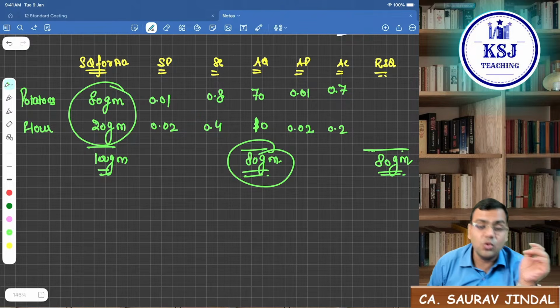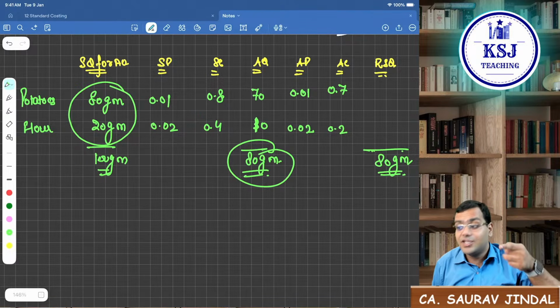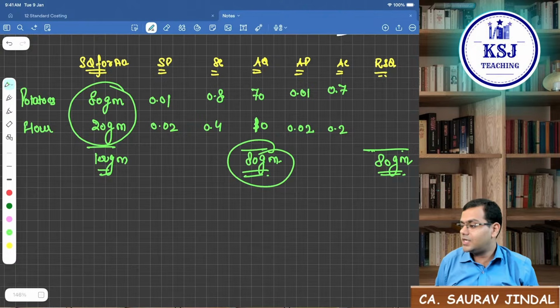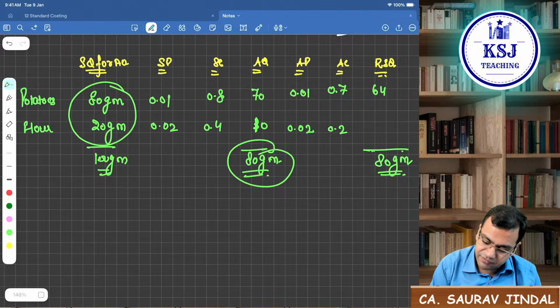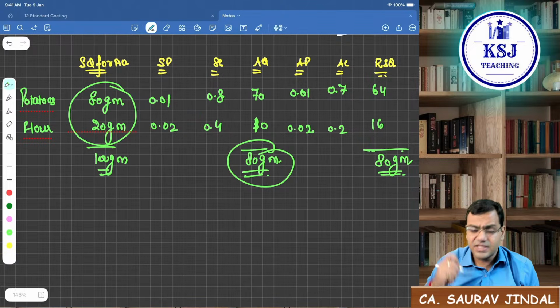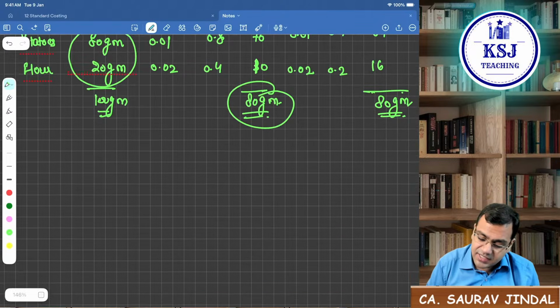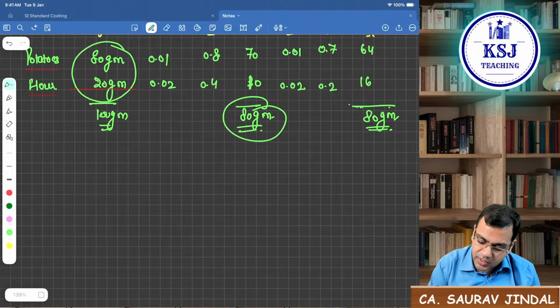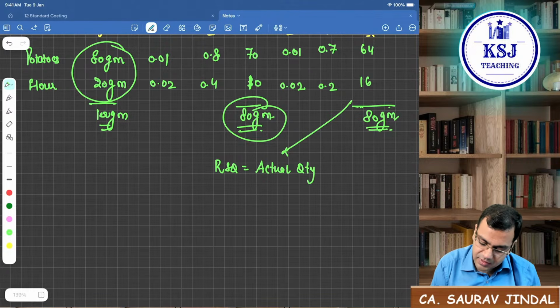Instead of 7:1, use it in the proportion of 8:2. That is, this will give you 64 and this will give you 16. This is what we call the revised standard quantity. So what is this revised standard quantity? RSQ is the actual quantity consumed,